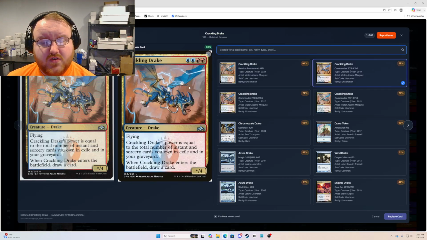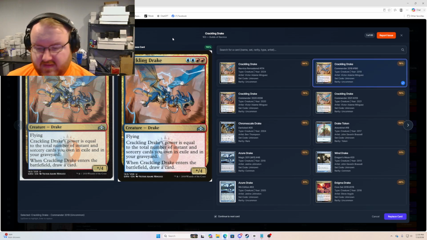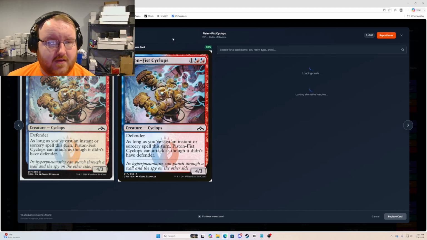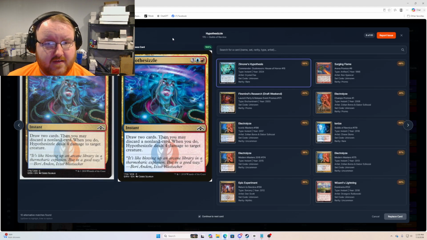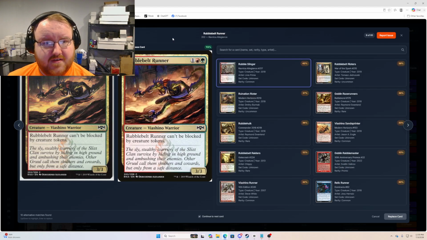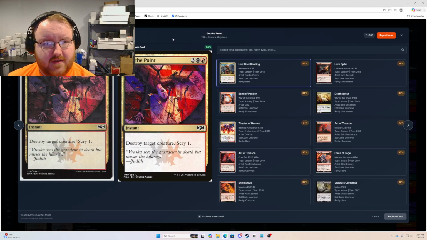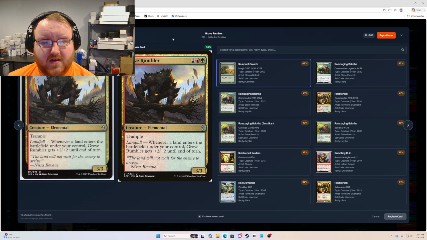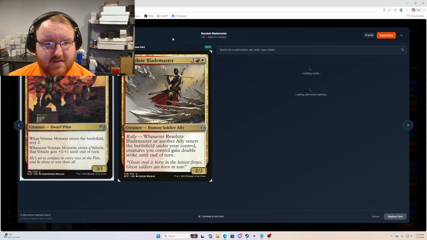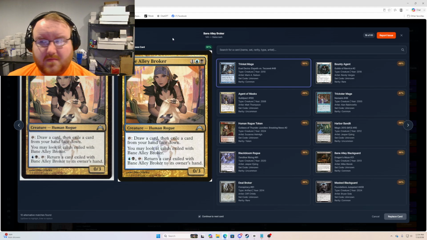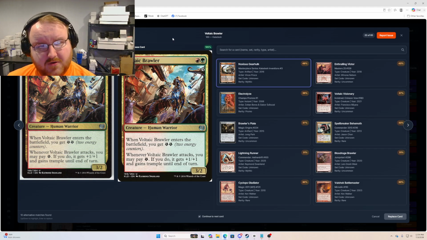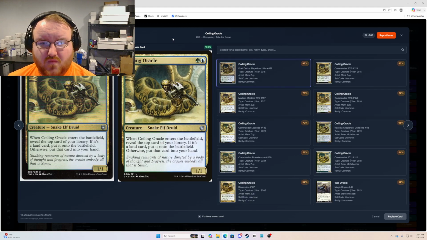Then basically all you're doing here is matching the image. You're matching the image, the set name, you're making sure the card is the right card. So you're going to go through here and make sure every card is the correct card that it should be. Sometimes it's a little slow and it will show the previous card, like one will change before the other, so just give it a second. And this batch should be all correct because I've already done this. But you're just going to go through, match up all the cards. Once you're done with that,